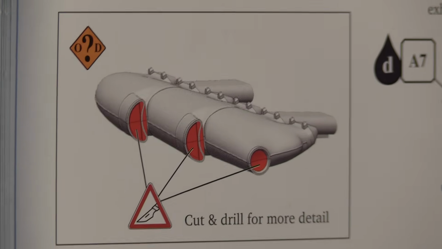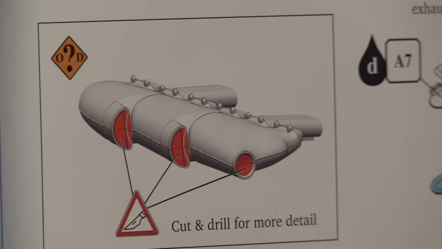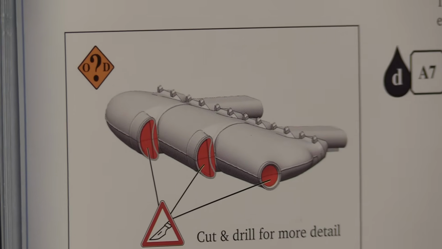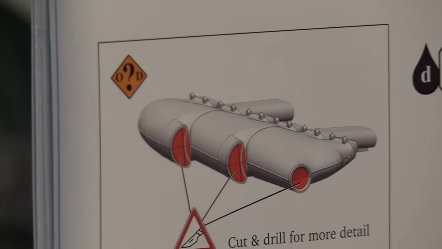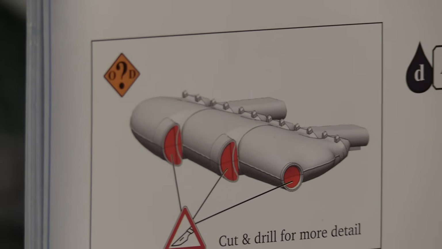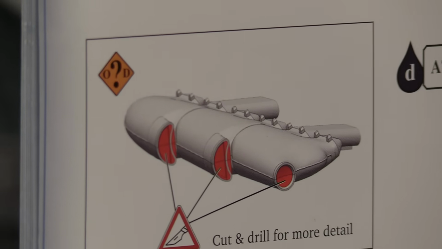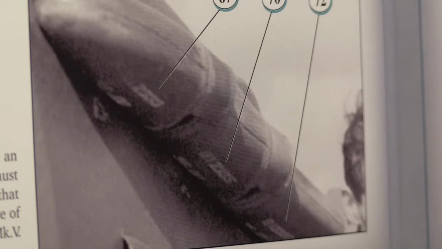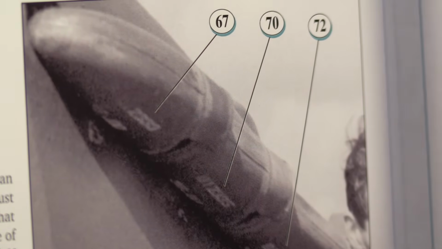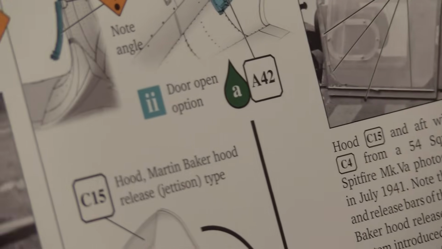slightly later version of this exhaust, the exhaust stubs themselves. But as I mentioned, I would certainly agree with the owner of this kit, who has bought these Kotare aftermarket resin ones, which are far superior. But it does then talk about the markings on the exhaust manifolds here. Got some quite interesting markings on the underside of them. And then we've got the